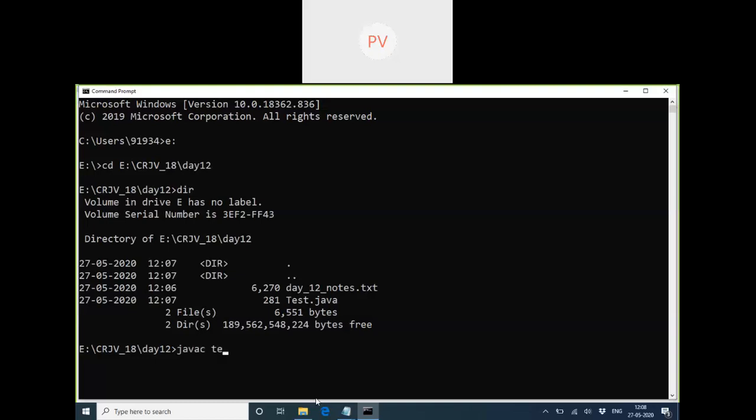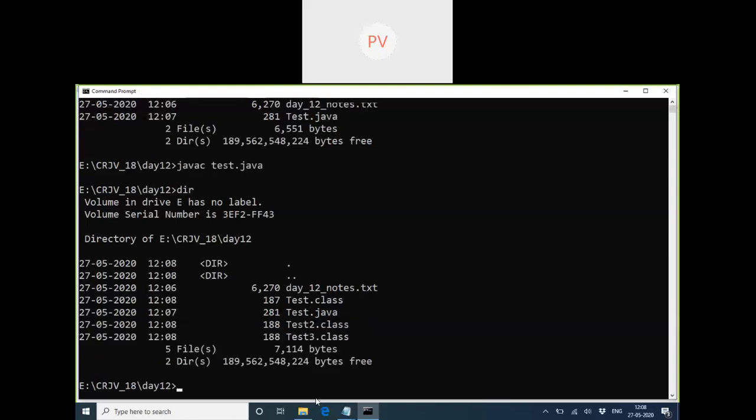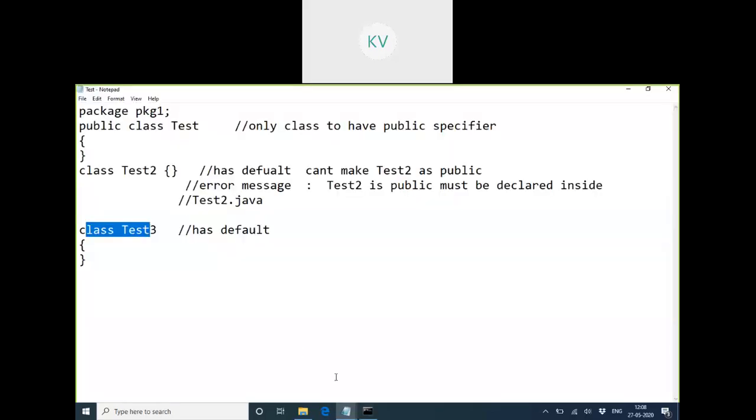Now if I compare like previously, check the directory and you will understand. Where did we find the classes? In which folder? In the same folder, the class files are also there. But did it create any package here?